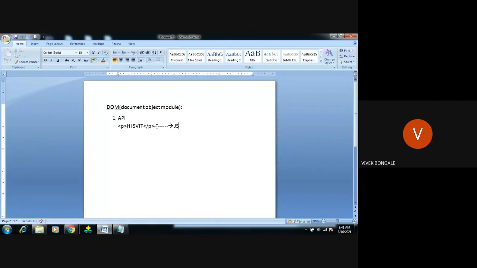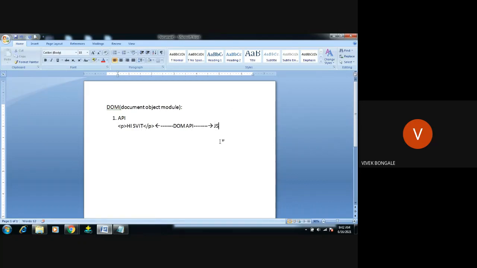Who will pass this HTML value to the JavaScript? For that, we need an API, the DOM API. This DOM API acts as a bridge between the HTML code and the JavaScript.